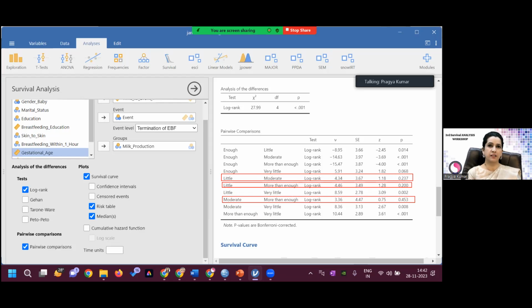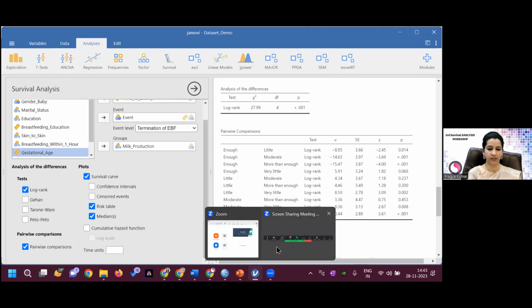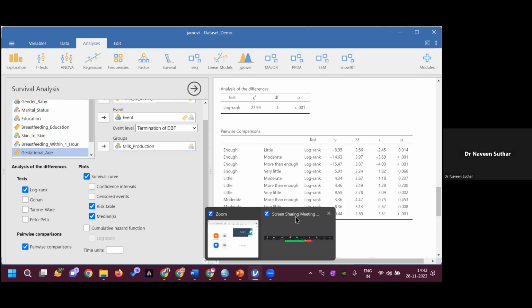So did you get it, Prashant and all other participants? Then we'll go to the breakout room. Let me check the messages. Yes or no? Can you show me? Okay. Yes. So Naveen is there? Yes, ma'am. So please open. So we